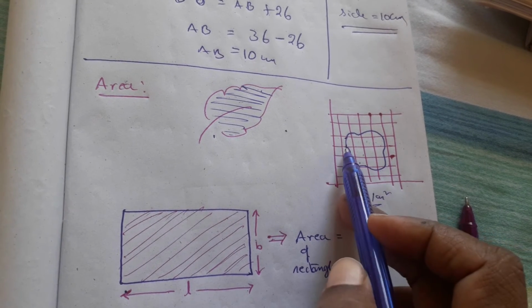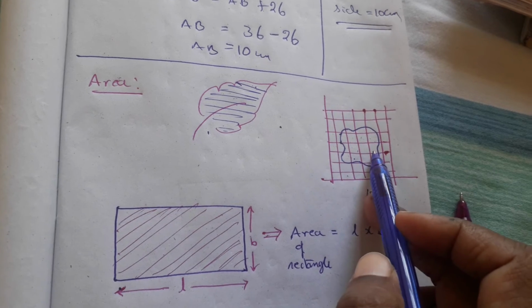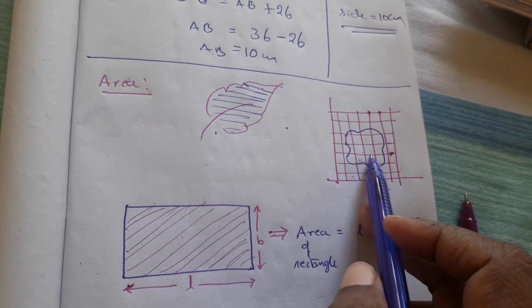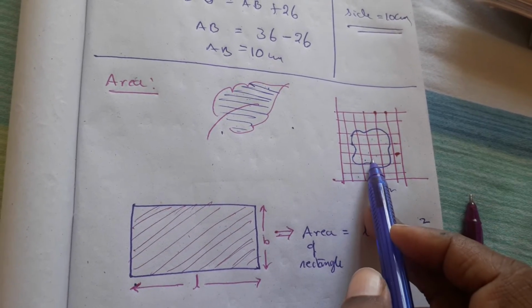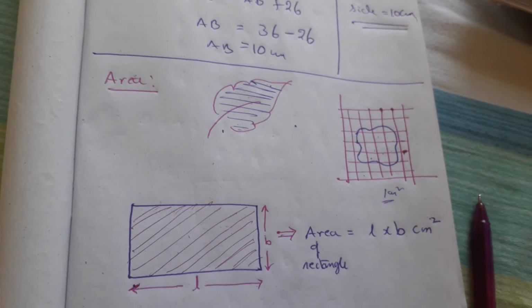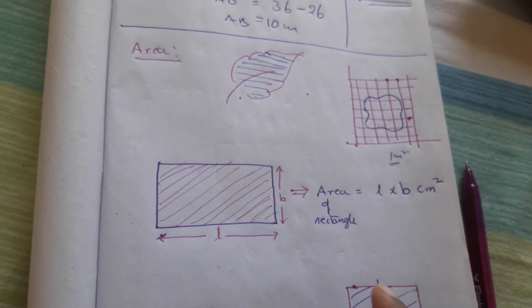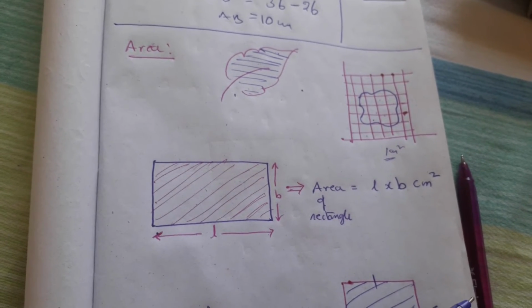See, this is inside and this is. So these two parts will become 1 square, half. Like that, randomly, approximately, you can find out the area of this one. So how many squares it is coming to, but we want to find it exactly, not approximately. If you want to find the area exactly, then we need to know the formula.